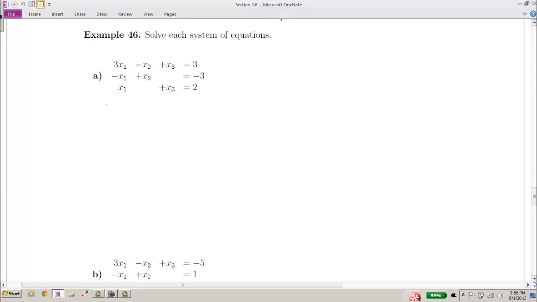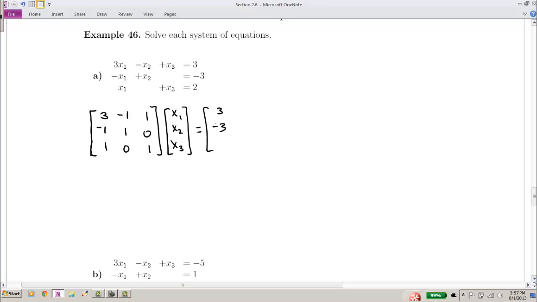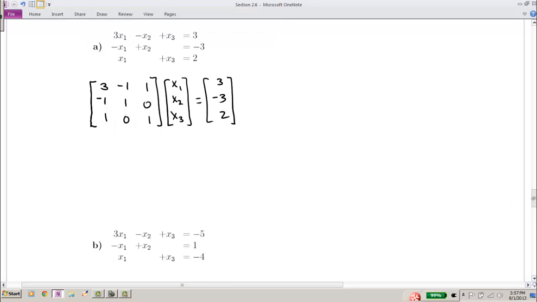In example 46, we're going to solve a couple systems of equations, and we'll see how this approach using matrix inverses can actually be quite a time saver in certain situations. So I'm going to start out just by writing the matrix equation for each of these systems. And in part B,